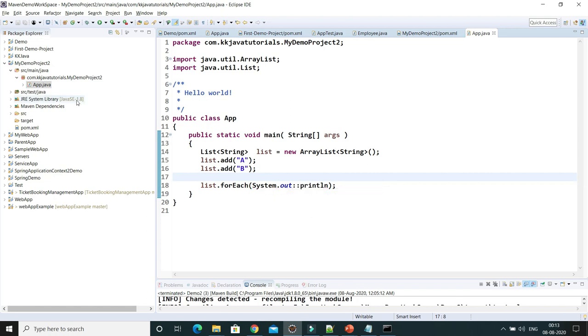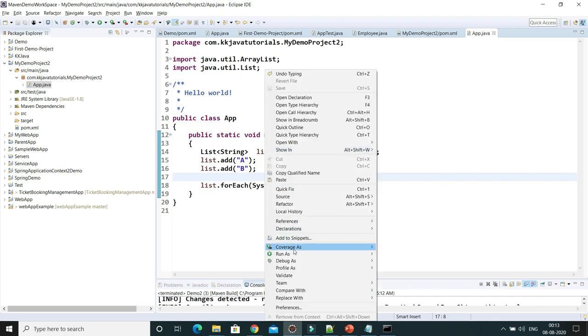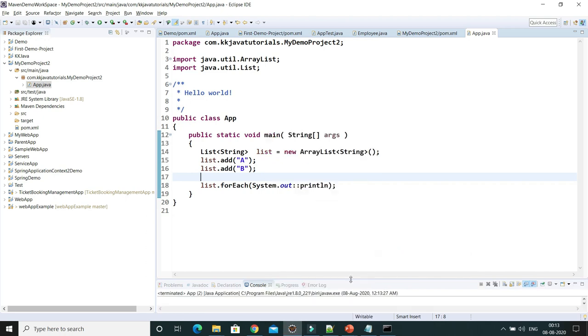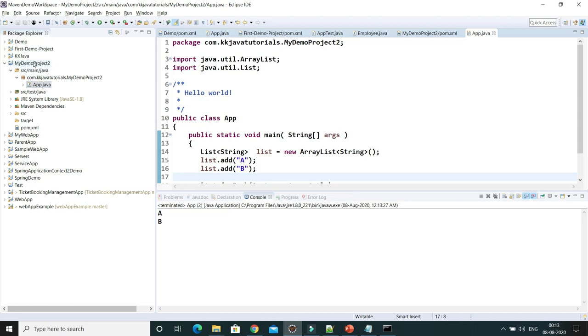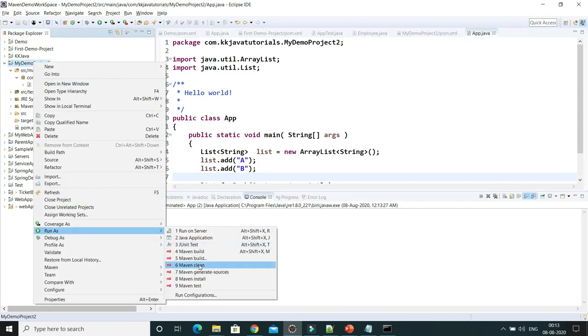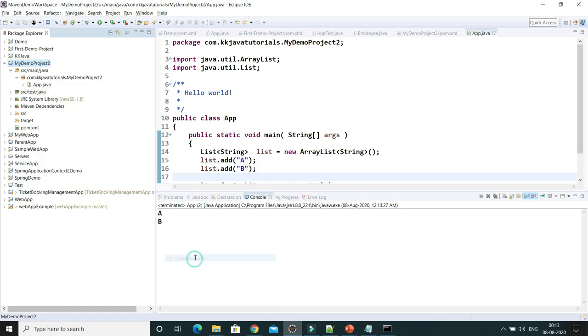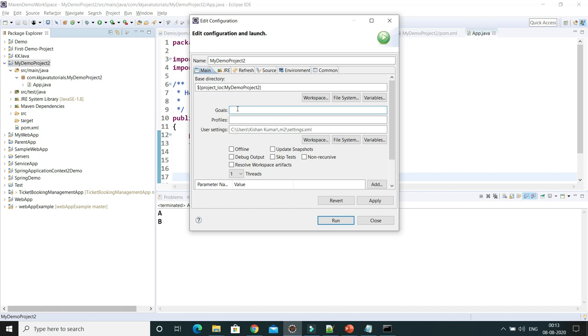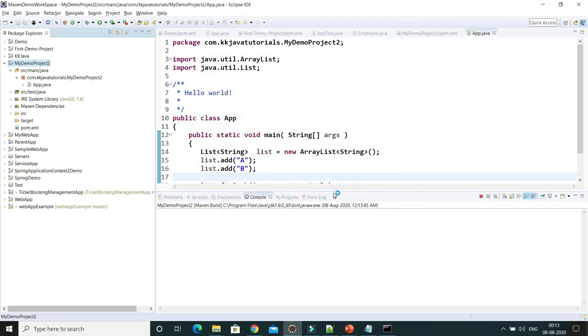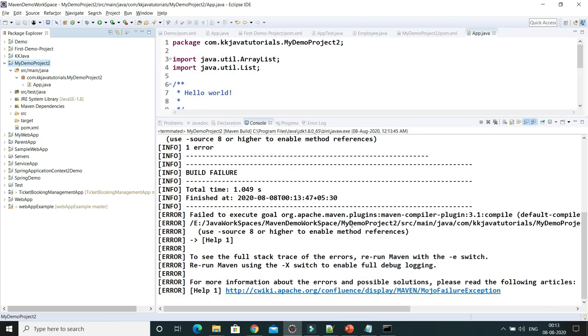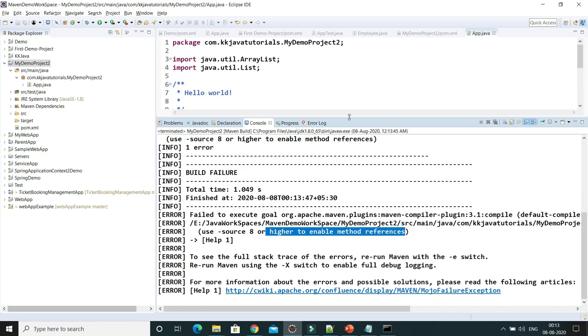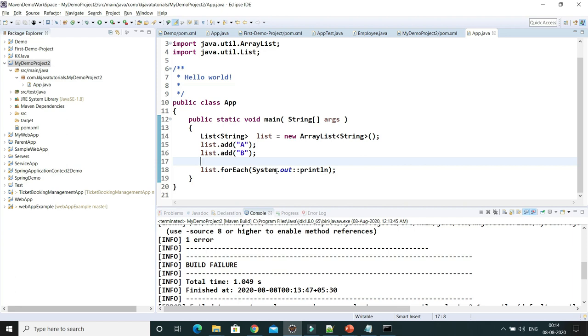If I select that, you can see JDK 1.8 has been added. Now if I run this project, no problem at all, I can get the output. But if I right click, go to Run As, select Maven build, and run the goal as compile, this is going to fail for sure. You can see it fails. The reason is that it suggests I use source 8 and higher to enable method reference. It is suggesting that you have to use a compiler for Java 8 or higher version to compile this